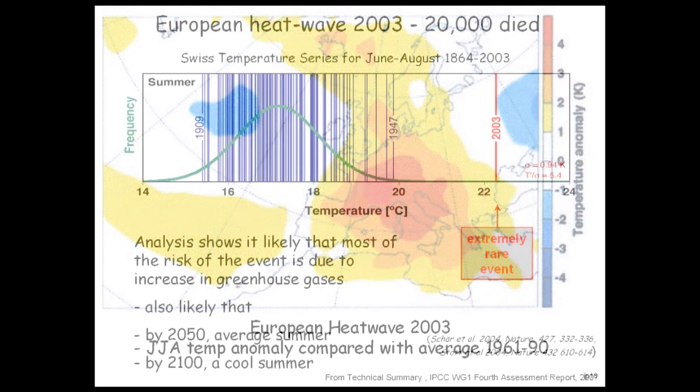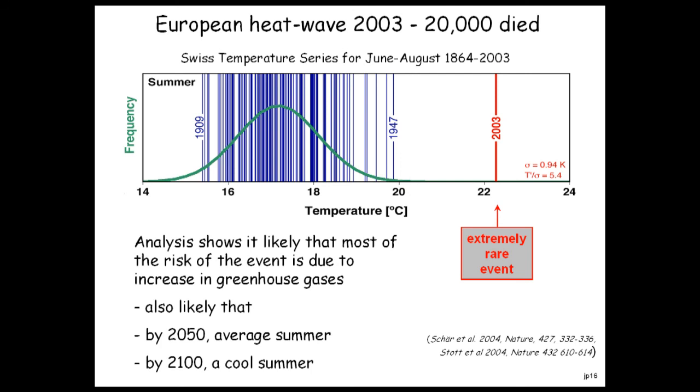which is very unusual. Way outside, you see there's the average temperature in central Switzerland in all the years from 1864 till 2002 in blue, and 2003 is 5 standard deviations away from the average. So a completely unusual event. And people have studied it and say 70% of the risk